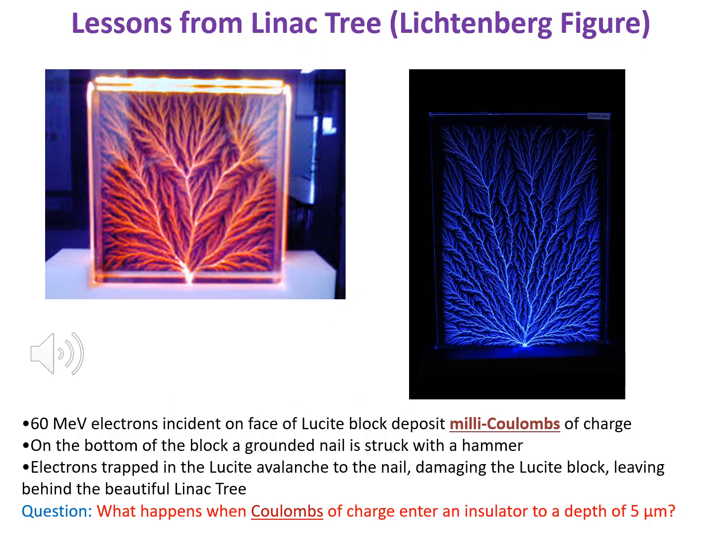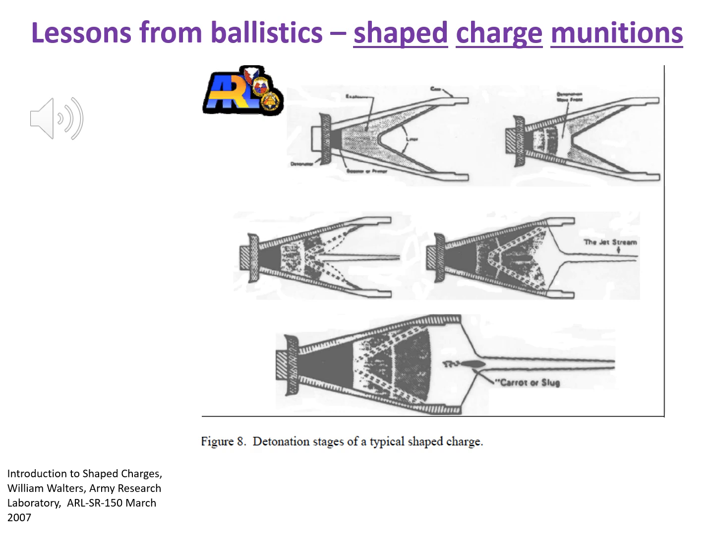Here is a lesson from the formation of a Linac tree, where only millicoulombs of electron charge are implanted into the face of a lucite block. What do you think would happen if you put coulombs of charge now into an insulator to a depth of only 5 microns? Let's take a lesson from shaped charge munitions, where a copper liner is backed by explosives, and